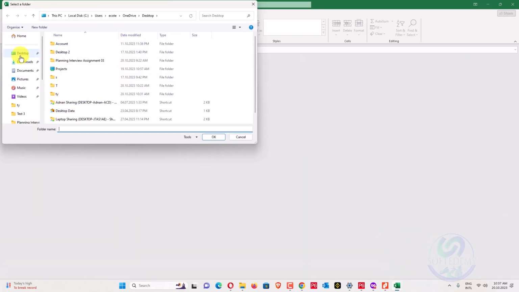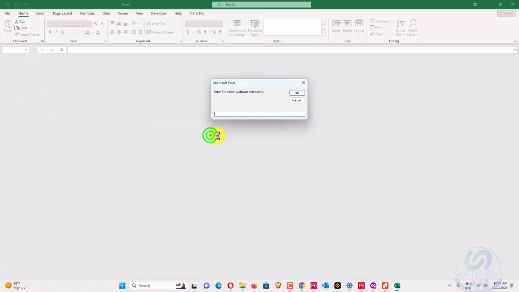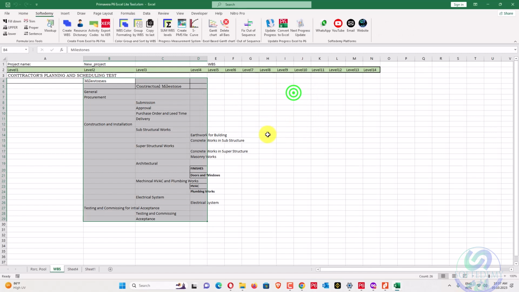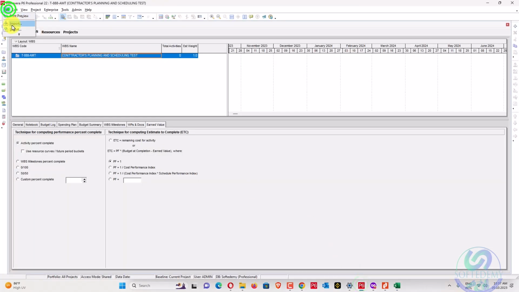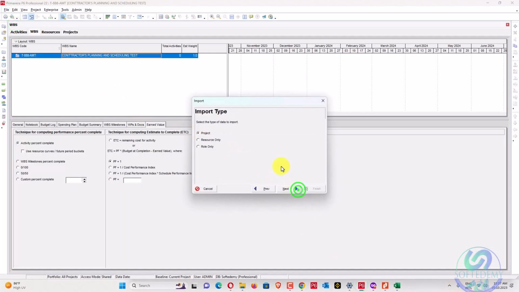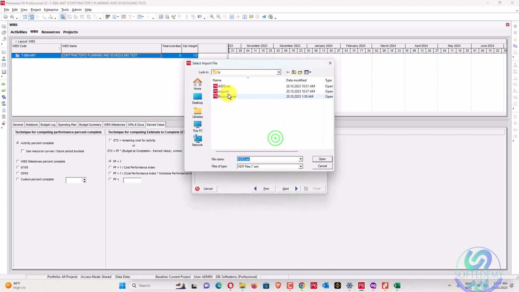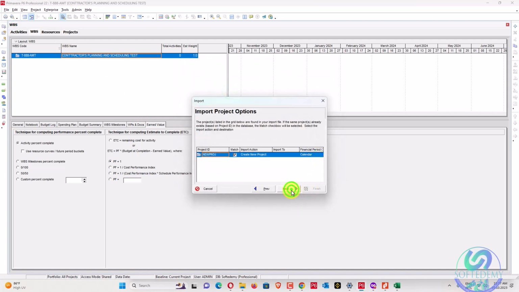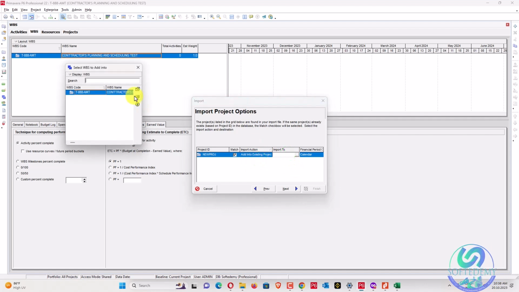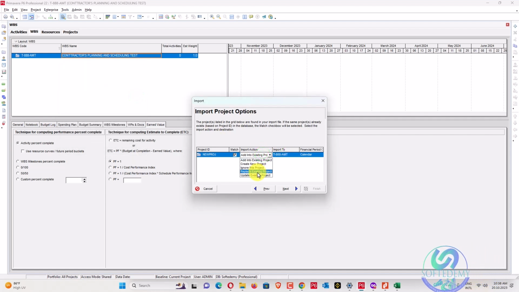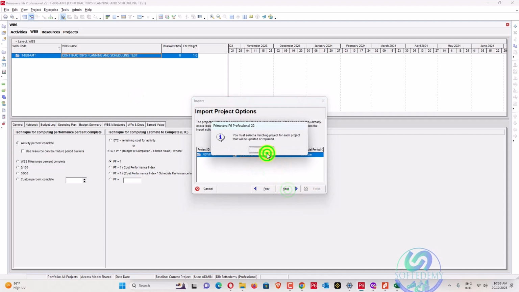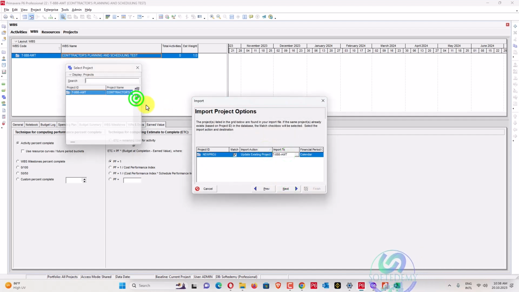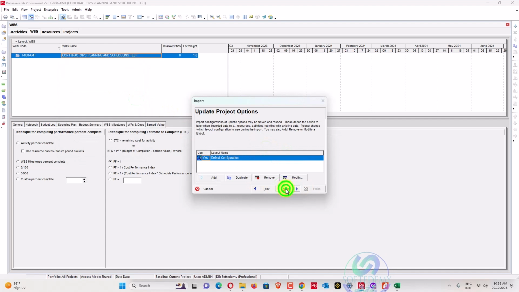We'll paste here, go here in desktop TY, and we'll name here COSG. Okay, so we'll go here, import file, that one, XER, next project, and COSG, open. Next we'll go here, update this one, add into the existing. Okay, so we'll update here, update existing. Next. Okay, so we'll paste here, next, and yes, finish.